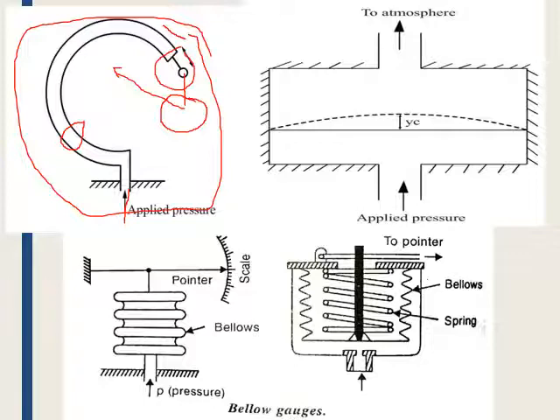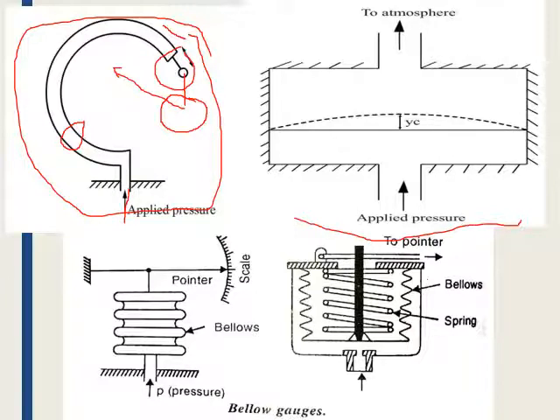The second one here, we can see, is a diaphragm type. In this diaphragm type, when a pressure is applied, this is a flat type of diaphragm. Even the corrugated type of diaphragms are also used for pressure measurement. In this we can see a flat type. When a pressure is being applied to this flat type of diaphragm,